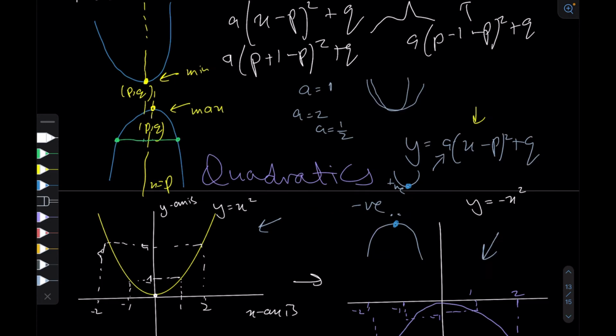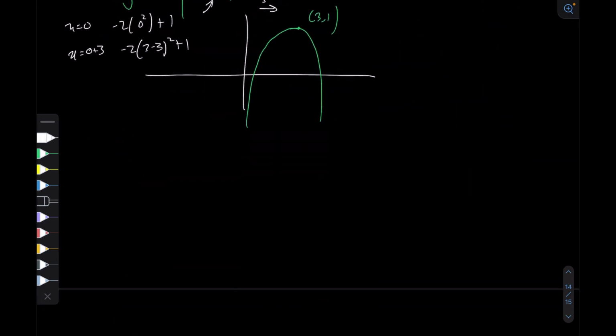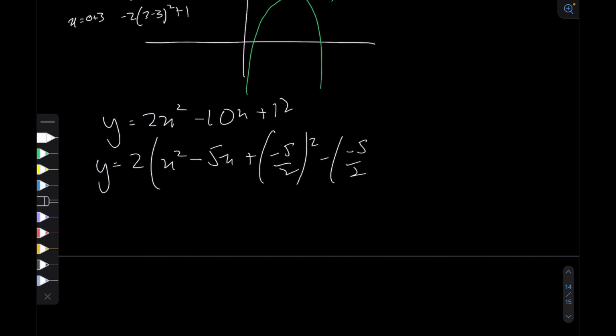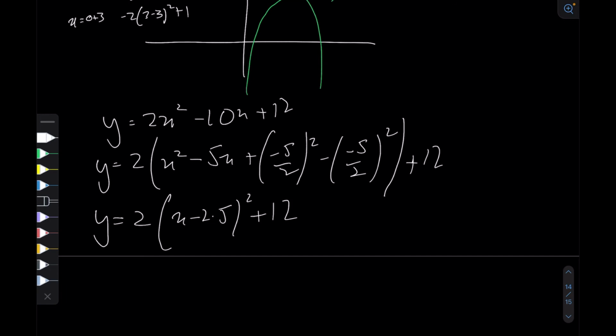Now let's take an actual example. Let's say y equals 2x squared minus 10x plus 12. If I'm asked to sketch this, the first thing that will run through my mind is to complete the square. So 2 times (x squared minus 5x plus 5 over 2 squared, subtract the same thing, close bracket) plus 12. I get 2 times (x minus 2.5) squared plus 12 minus 2 times 25 over 4. This will basically be